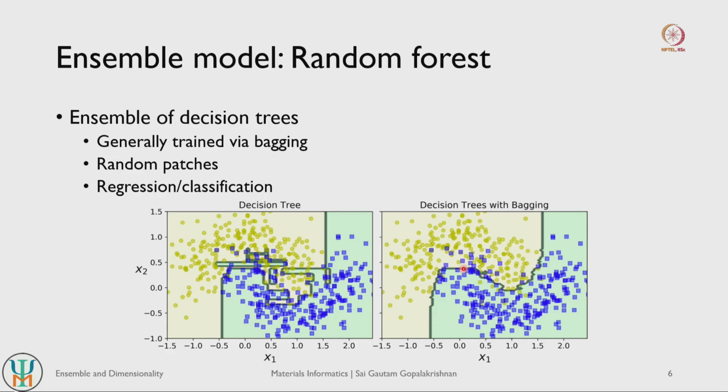So you can get a fairly smooth set of classification or decision thresholds which helps you classify your circles from squares much more efficiently than the case here, right. So this is an example of just a decision tree model, this is an example of a random forest model, and you can see that the random forest model can give you much better classification compared to a decision tree model.